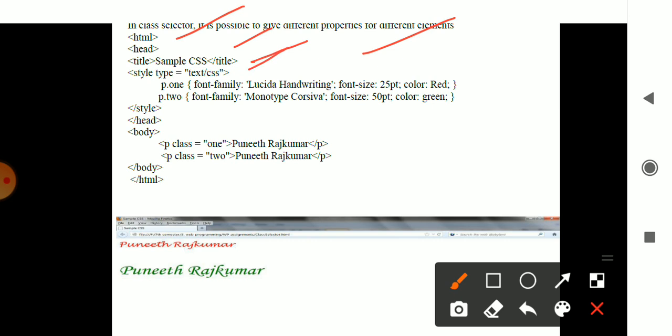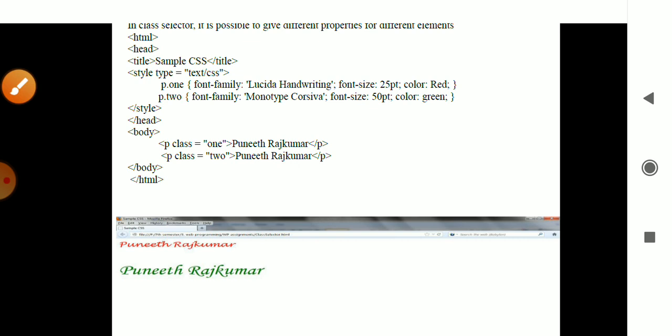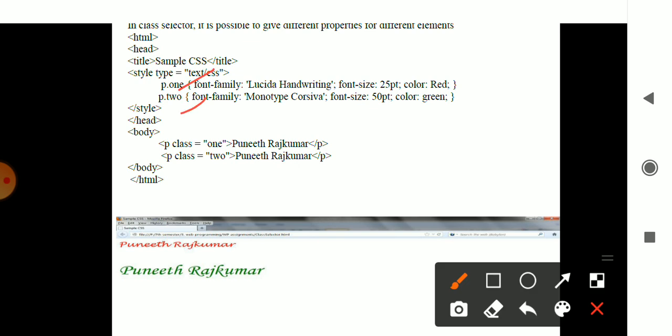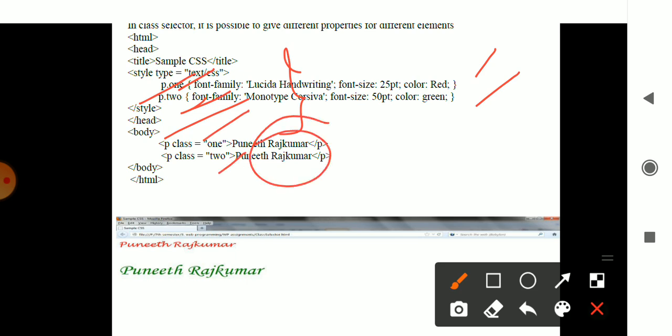You have a paragraph here for which you have class 1 and 2, which have the properties font type, size, and color, with green and red mentioned. Style is closed, head is closed, and in the body part you have class 1 and 2 with the text Puneet Rajkumar. Body close, and HTML close.